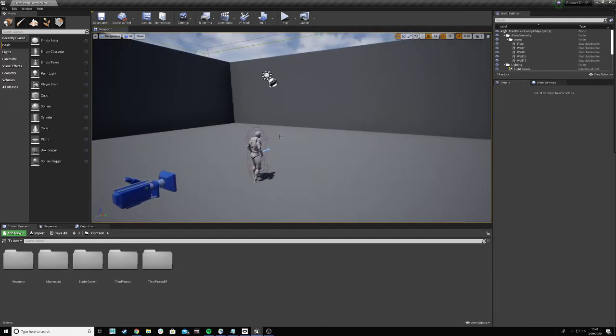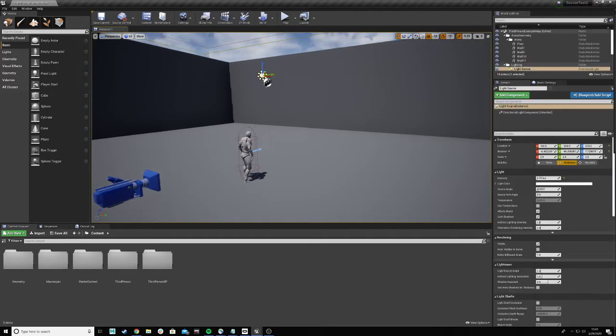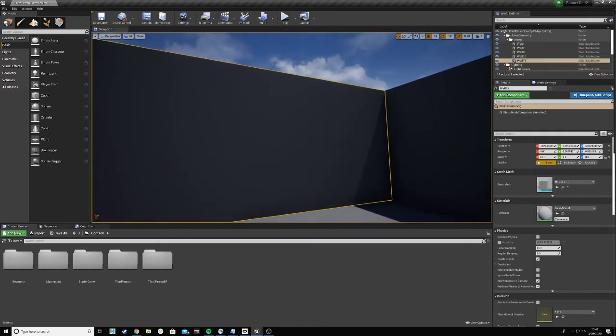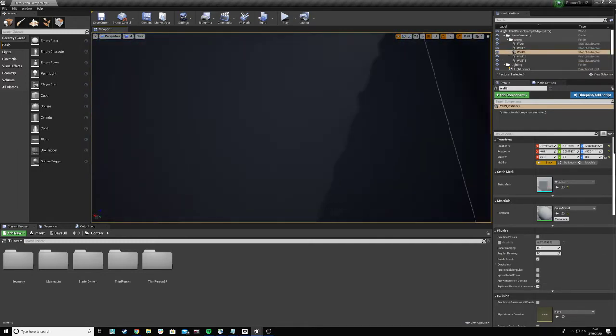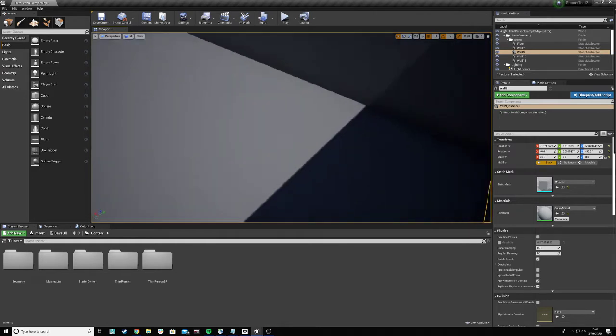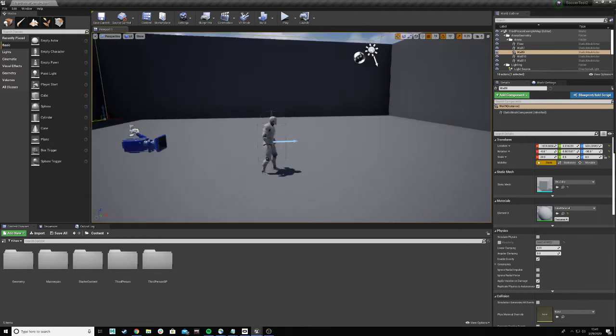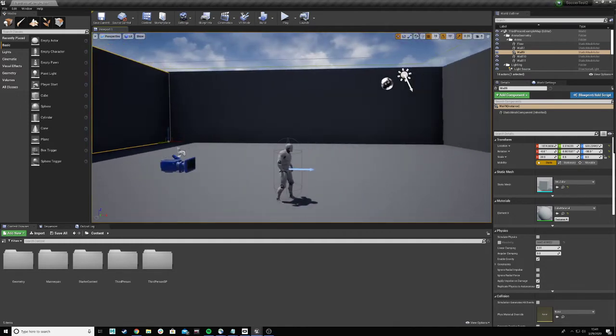So if you delete those objects, what you'll see on the ground is some baked in shadows. And then all you have to do is come up here to this build button. What that will do is take into account all of the scene geometry, and it will bake any of your static lights, which by default, this is a stationary light, so this takes baked lighting, and all of these objects are static, which means that they will have their light baked onto them in a texture, which is why you can see this is kind of a crappy shadow right here. And so when you bake your lighting again, those shadows will disappear. So this is going to be the base